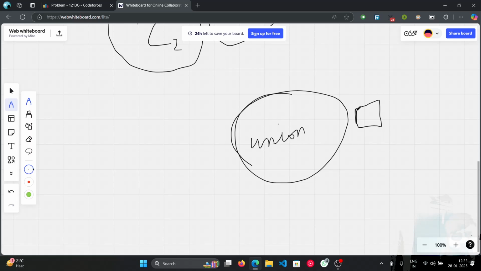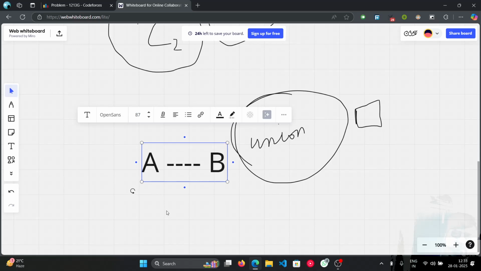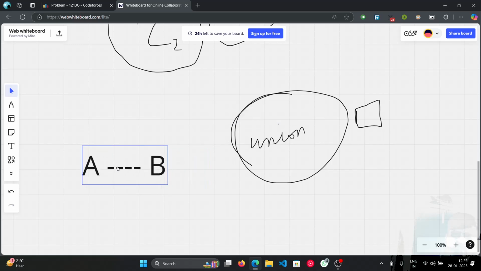Like if there are two sets, A and B. A will have, let's say, n number of children within itself, and B will have m number of children within itself. Now, when we are merging both of them,